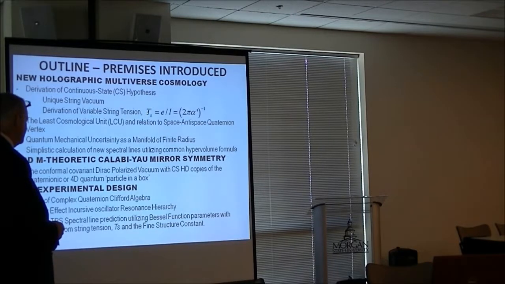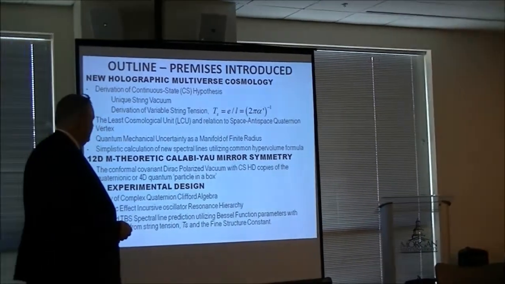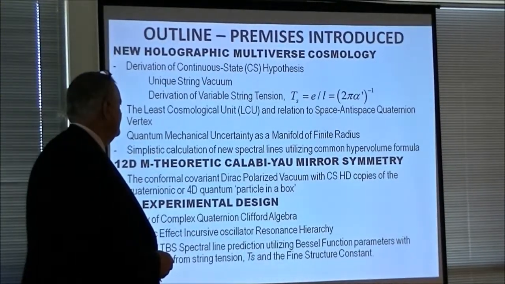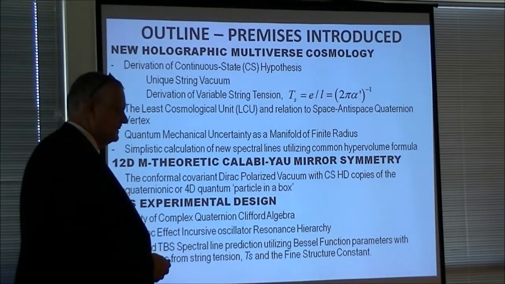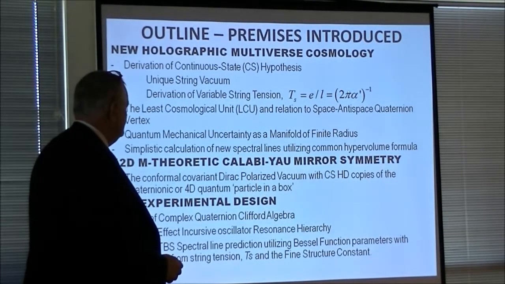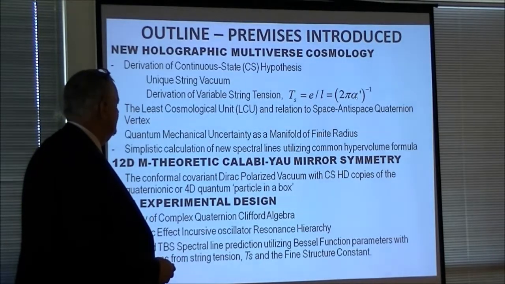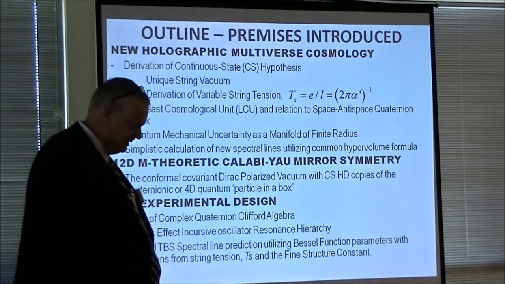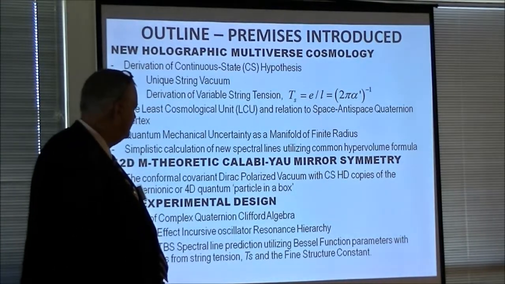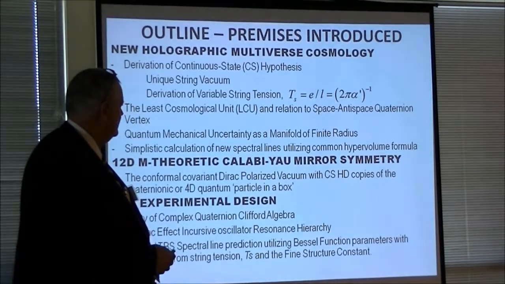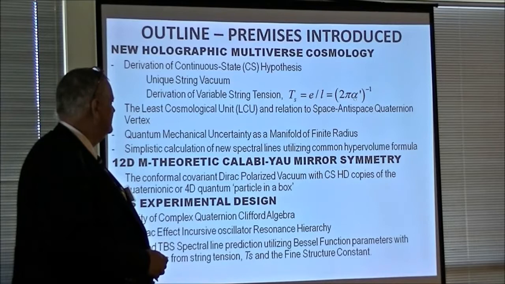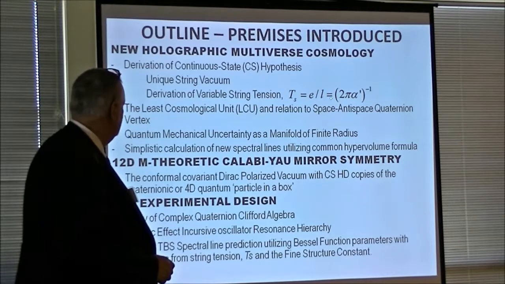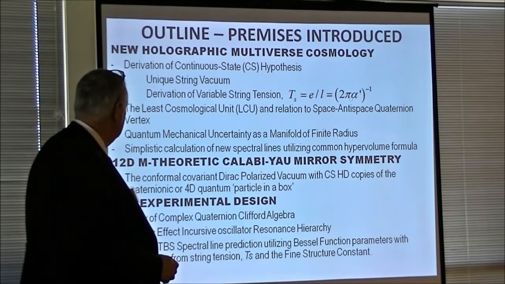The way I was able to discover a unique string vacuum is by doing an alternative derivation of string tension. Instead of energy over length, I put energy over the radius of this cosmological least unit. But the interesting thing here, which you won't get to, you can see the fine structure constant is part of this. If any of you have looked into the constants, you know that the fine structure constant and a lot of the fundamental constants are all derived in terms of each other. When we start looking at this in terms of 6 or 9-dimensional, high-dimensional space, I think we will finally be in the regime where we will find the fundamental nature of the fine structure constant.